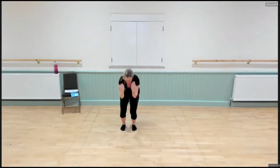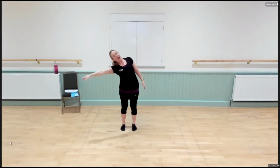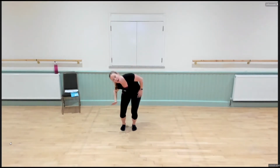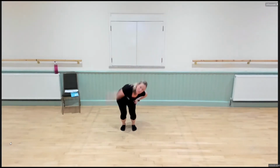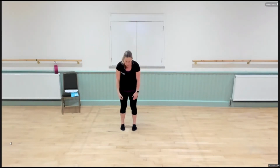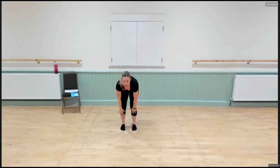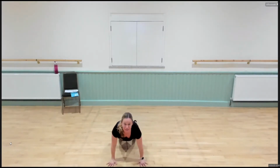down, to the right, down, and the left arm carries on, hang off it, good, inward circle, and lie along it, curve, left arm carries on, swing back, swing forward, swing and lift it back up, nice, drop the arm, drop the head, and lift over, your knees are soft, bend you go down, and we're out on the arms,